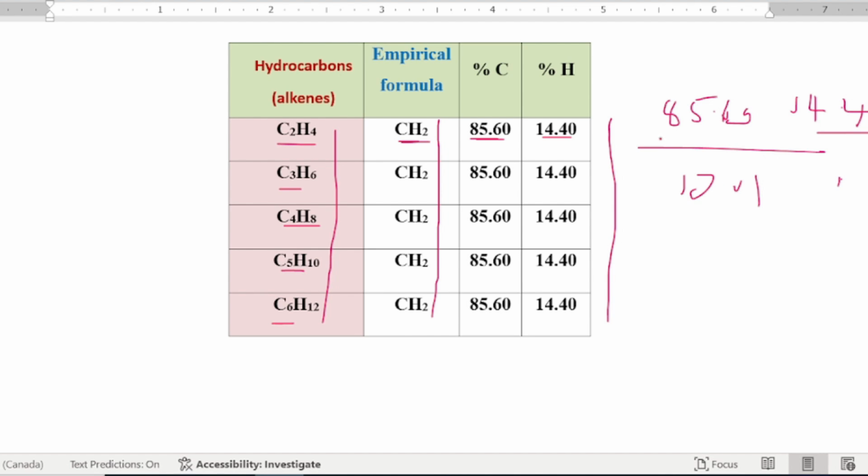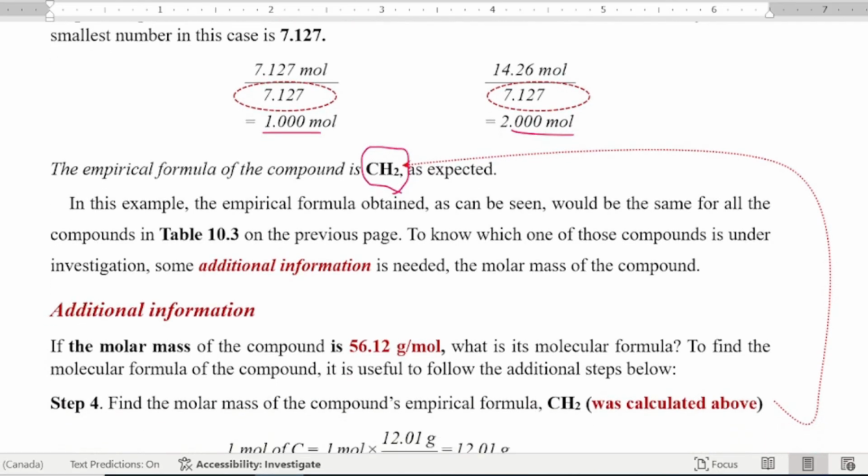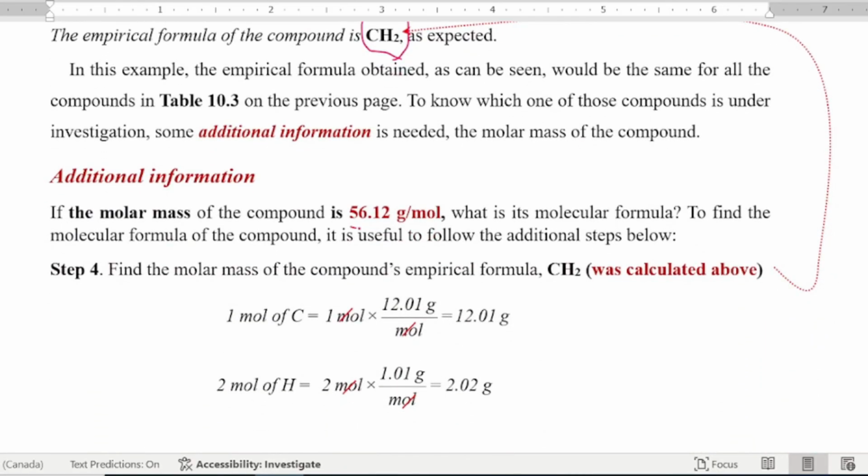So they'll give you the percentage composition. You will find its empirical formula to be this, but this can be attributed to any one of these. So they need to give you additional information so that you can calculate which one of these is in question. Okay, so the additional information is that the compound has a molar mass of this,